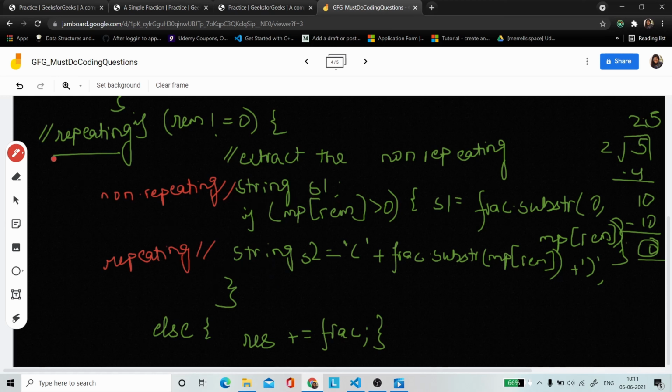So what you will do is, now in the final result we can just store the final result as that integral part plus s1, that is the non-repeating part, plus s2, that is the repeating part, and then finally you can return that result. So this is how we find the